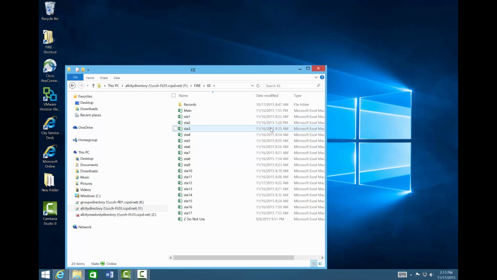So if we look down and it's all done on the 16th and we're all good, then everybody's completed it. We want to make sure that's done before we open up and sync the main roster, because once we open it up, if someone updates it while we've got it open, it won't immediately sync. We have to close it out and then open it back up to update all the links. So we'll go ahead and open the main,